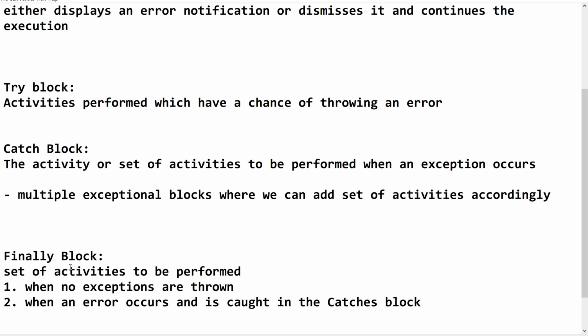So that means after executing the try catch block,